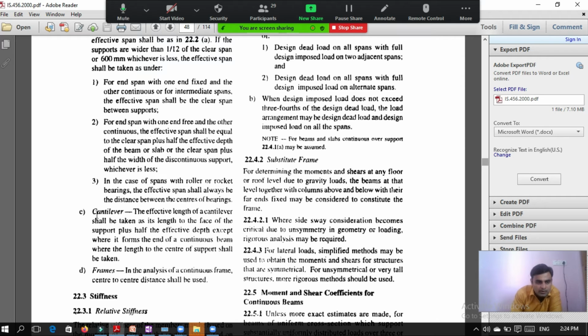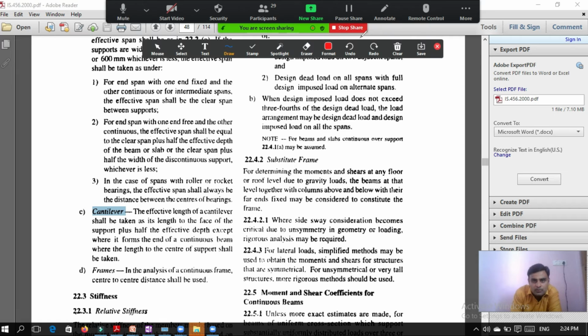So here is the clause. Now the effective length of the cantilever slab. The effective length of cantilever shall be taken as its length to the face of the support plus half of the effective depth, except where it forms the end of a continuous beam, where the length to the center of support shall be taken.